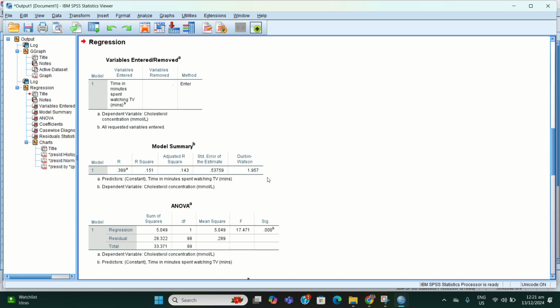So there was independence of residuals as assessed by the Durbin-Watson result, because Durbin-Watson statistics can range from 0 to 4. We are looking for a value of approximately 2, which indicates that there is no correlation between residuals.